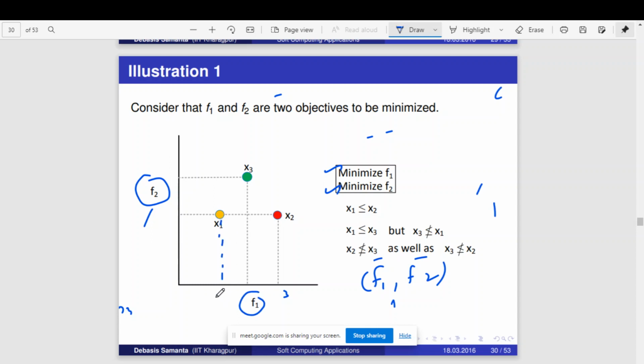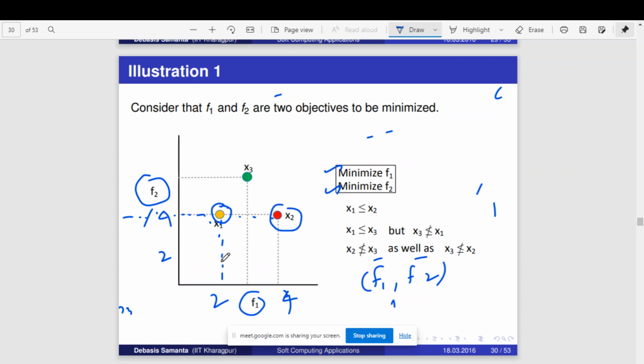Are you getting it? But for f1, this is the x-axis. What is this point? If this point is 2, then this point will be what? Will it be greater than 2, less than 2, or equal to 2? Greater than 2. But what about this point for f2? Both the points will be equal. If this is 4, this also will be 4. So if this point is (2, 4), this point will be (4, 4). So that's what I am asking. With respect to f2, they are in the same line, but with respect to f1, they are in different positions. Now just by seeing this point, how can you say whether x1 is better than x2?